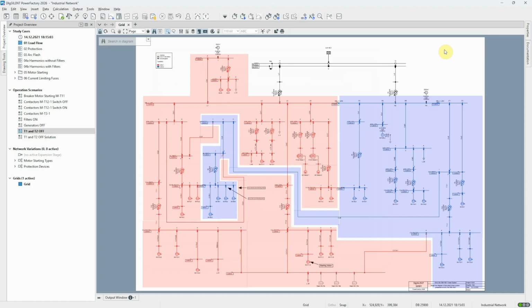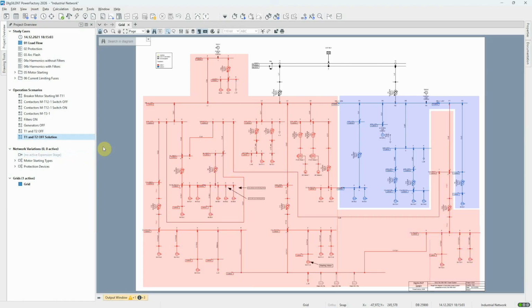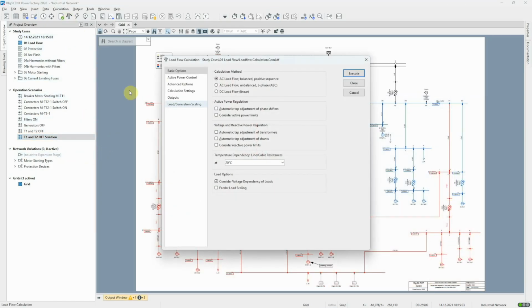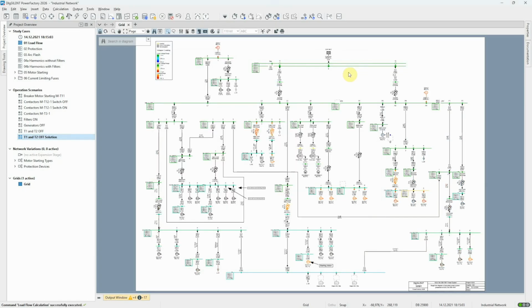In order to reduce the load on generator 2, we can reconfigure the network by closing this switch here at bus bar 10 and opening this switch at bus bar 7. This configuration has been set up in this scenario. We run the load flow again with the active and reactive power limits selected once more. The load flow now converges,